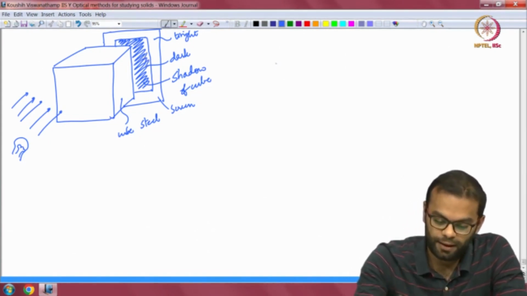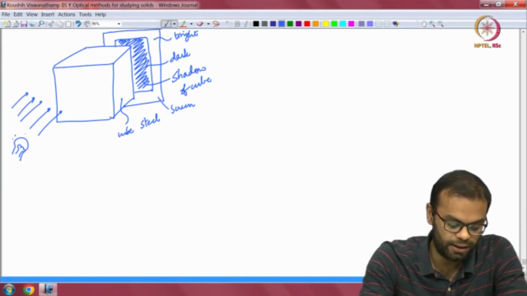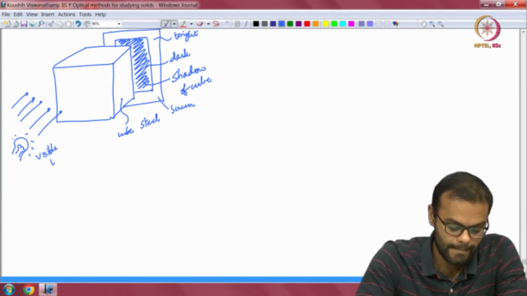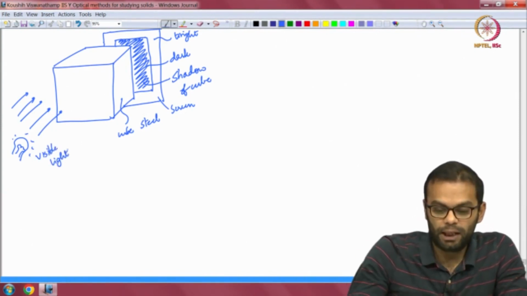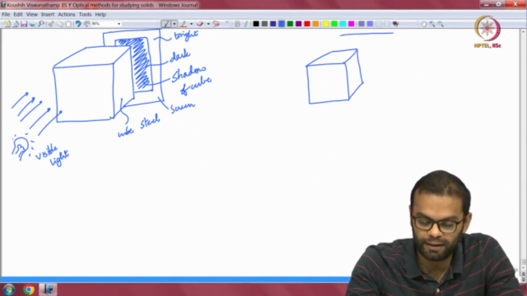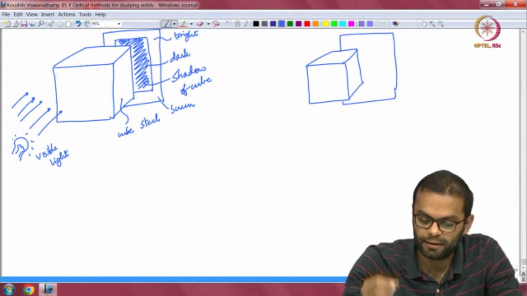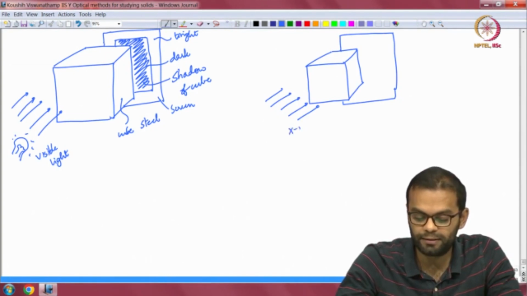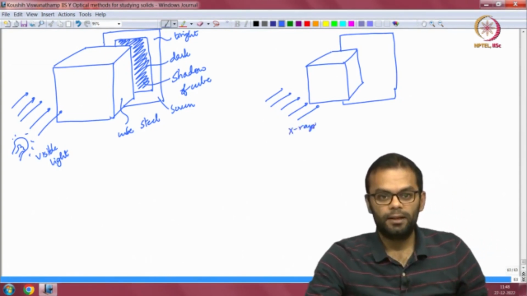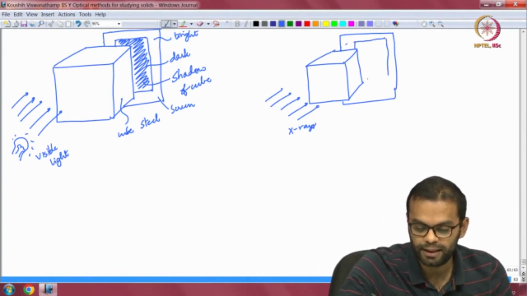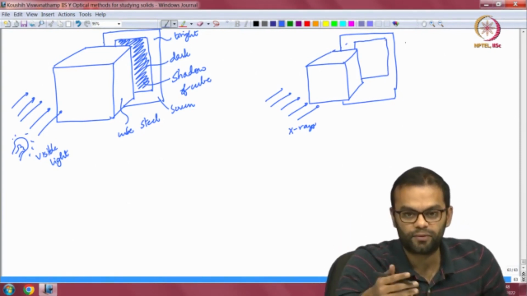Now, imagine if this light that you are passing, it is a light bulb, so you would imagine this is visible light, for instance. Now, imagine if you did the same thing with X-rays. So, you have the same cube, I am going to draw it a little smaller, but you can assume it is the same cube, and I have a screen that is sitting behind it, and instead of visible light, I am going to pass X-rays. And because X-rays of a certain frequency, for instance, get transmitted through metal,